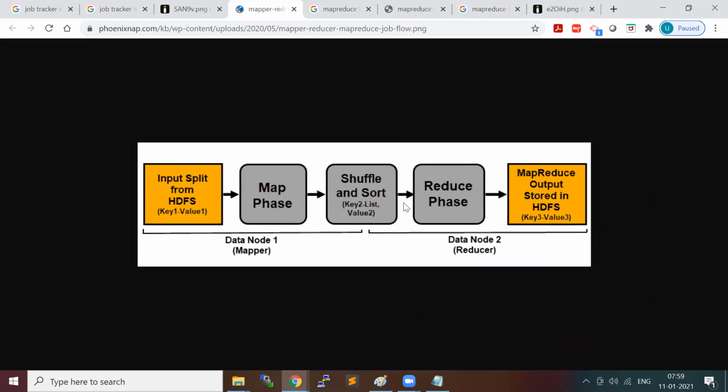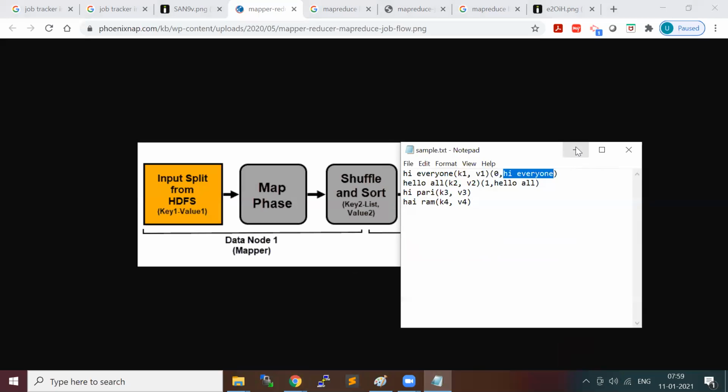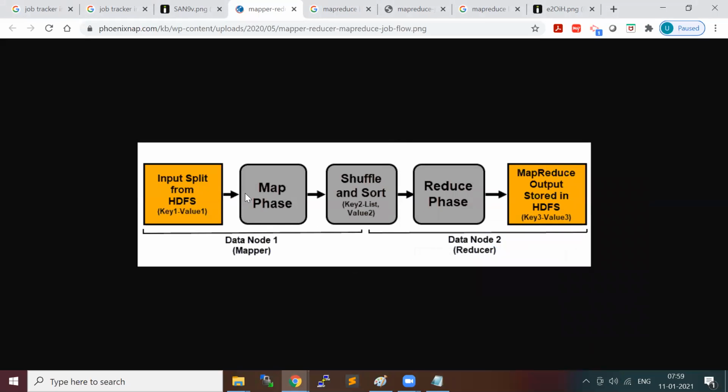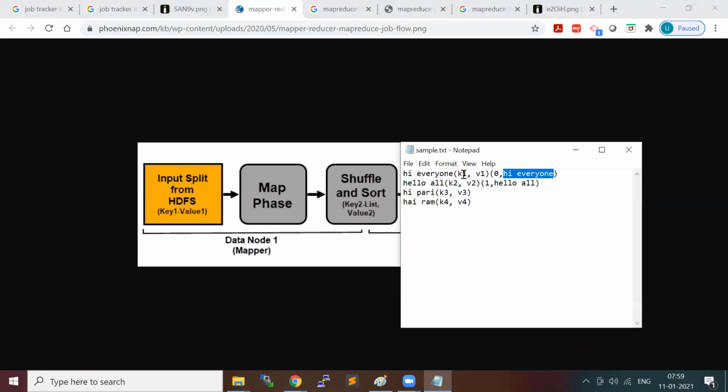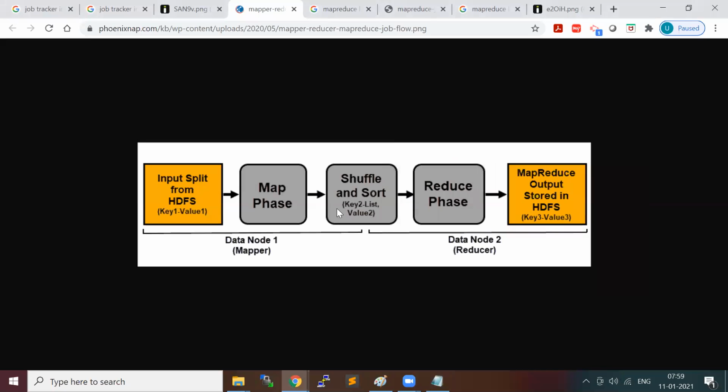When we go to programming, I will explain the data types and how it works. But at a high level, it takes a key value pair. For the input file format, the key will be the line number, or your offset, and the value will be the entire line. And it will write into the disk. So in MapReduce, mostly it takes a line from disk, does some processing, and writes the intermediate output